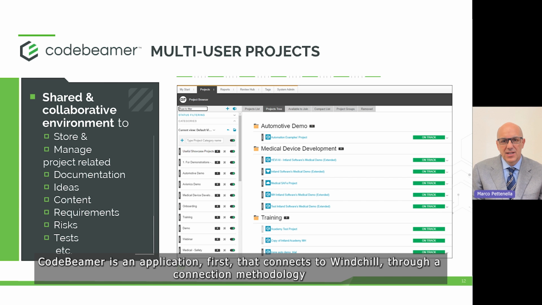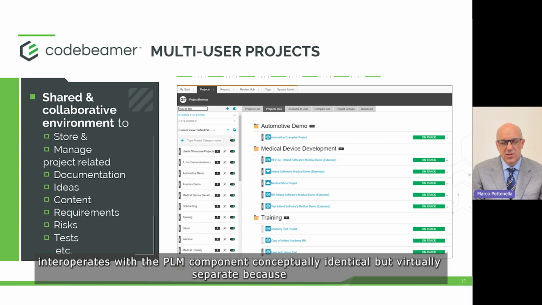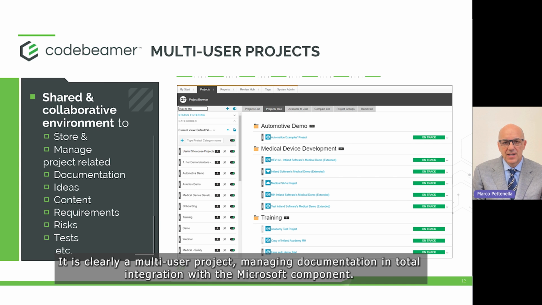CodeBeamer is an application that first connects to Windchill through a connection methodology I mentioned earlier, OSLC, which stands for Open Services for Lifecycle Collaboration. It is a database that interoperates with the PLM component, conceptually identical but virtually separate, because it manages phases and elements that should not interfere with the product structure. It is clearly a multi-user project managing documentation in total integration with the Microsoft component,